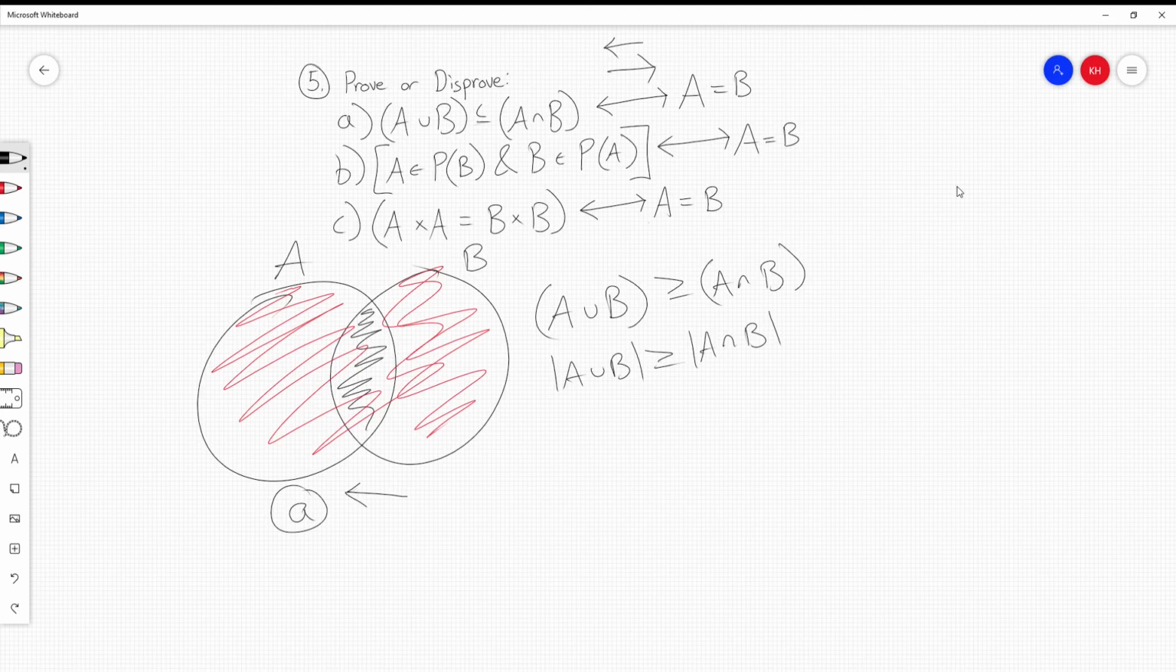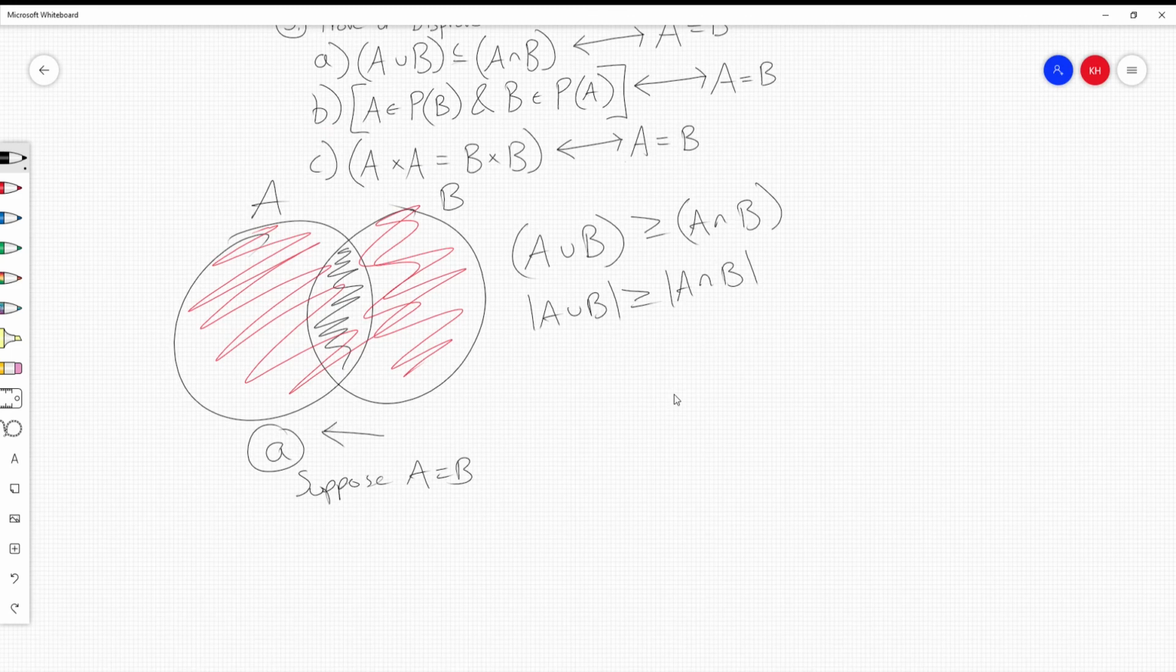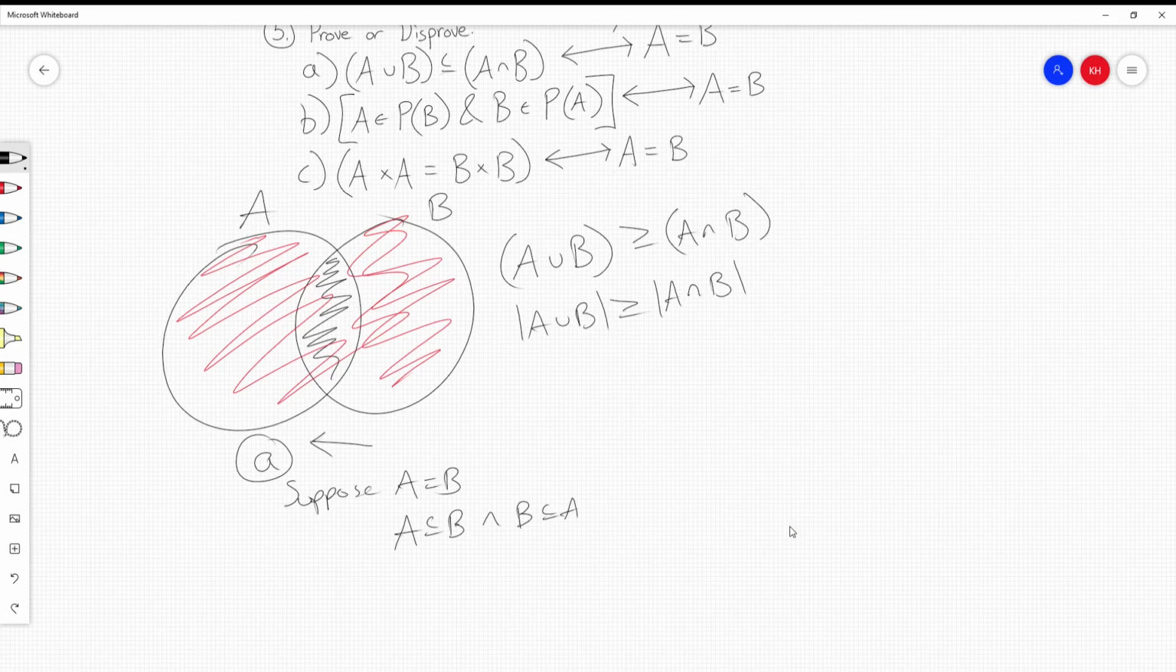So suppose A is equal to B, or in set terms, that A is a subset of B, and B is a subset of A. All right. So now we have to show that it implies that A union B is a subset of A intersection B,